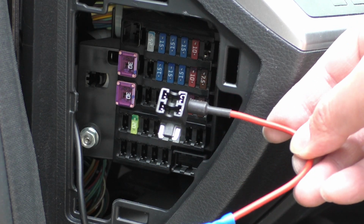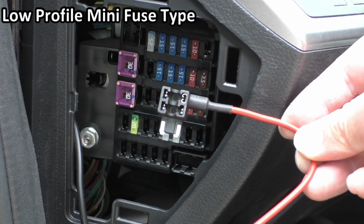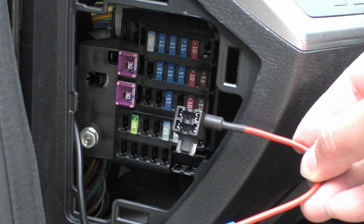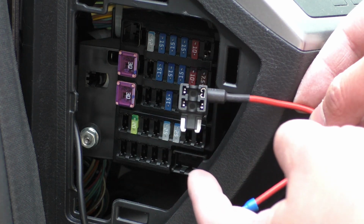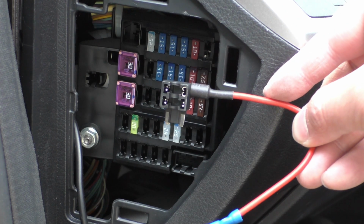And for this car, these are low profile mini fuses, so get the same style add a fuse. The way this works is you can see there are 2 fuse receptacles on here, and one of those just completes the circuit going up from one leg to the other, just the same as what this fuse does. And the fuse that you pluck out of here, you're going to put in the bottom slot on